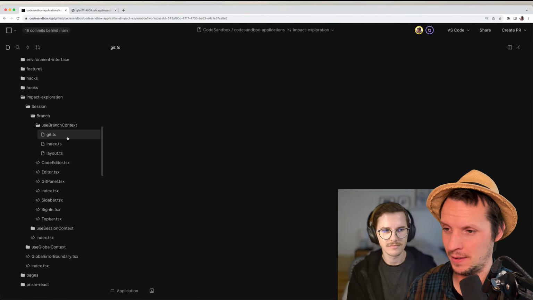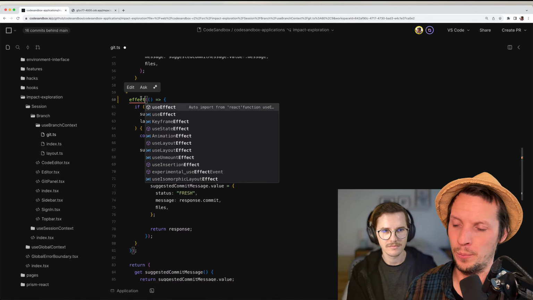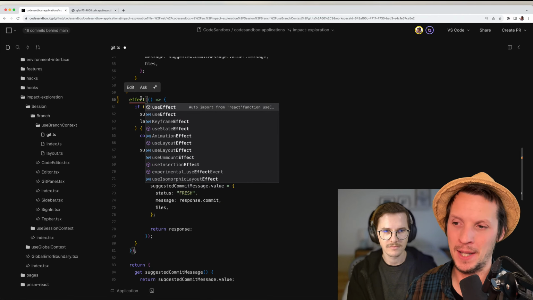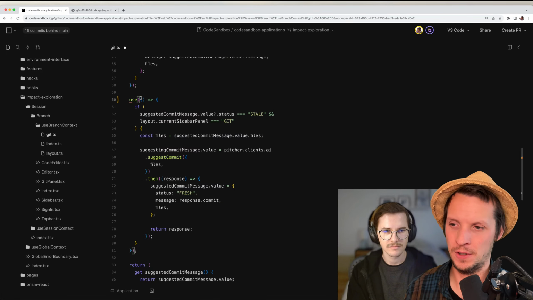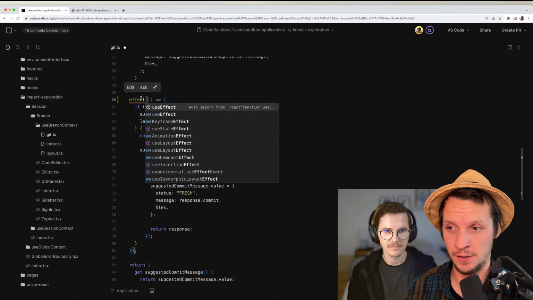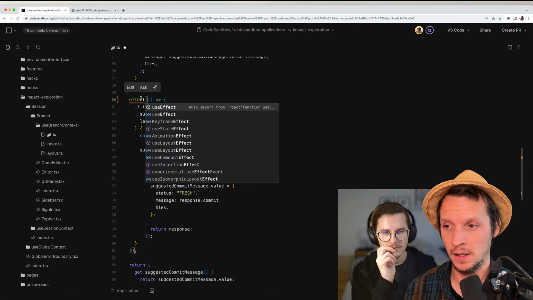So you would write effect here. But I didn't want that to conflict with React's useEffect. But maybe that's a good thing because it's called useEffect in React, and it basically has the same functionality. It's just a reactive effect as opposed to a reconciliation dependency array effect. So maybe we should just call it effect.